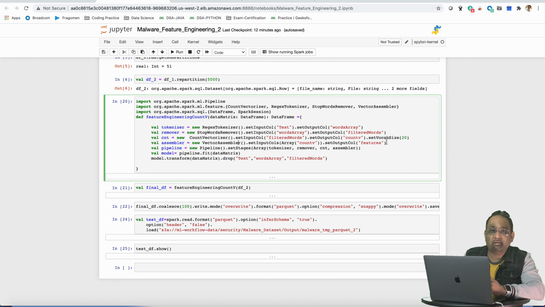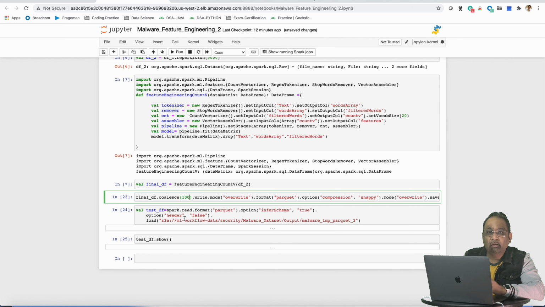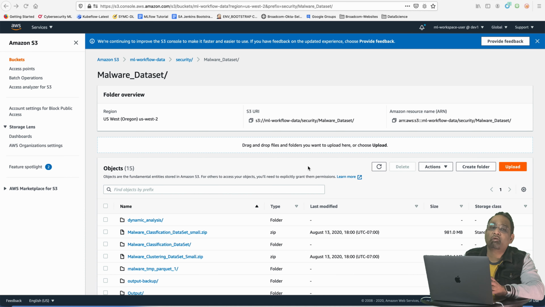Once we run the natural language processing pipeline, we are storing the extracted and transformed data back to S3 for the next stage, which is our machine learning stage, the malware classification using logistic regression. Just one thing to note, the use of coalesce for writing the data is the same as repartition we had seen previously, but the difference is that in coalesce we reuse the existing partitions and do not create new partitions like repartitioning. Hence, the amount of data shuffled between the nodes is less and the operation is much more efficient.